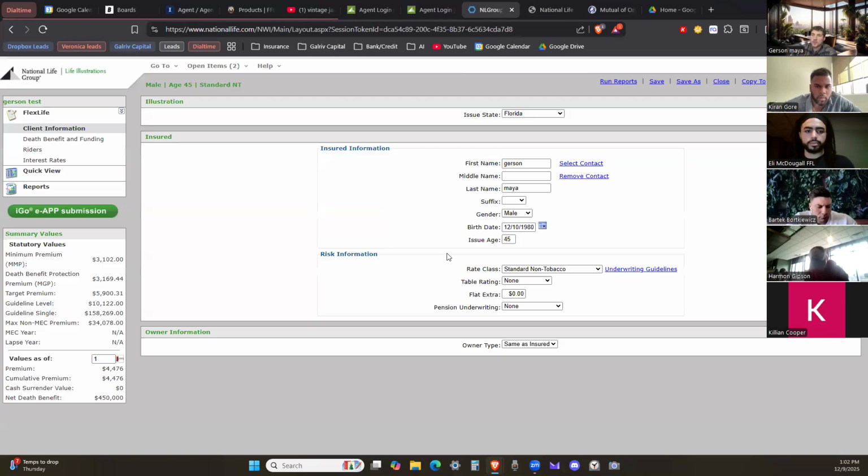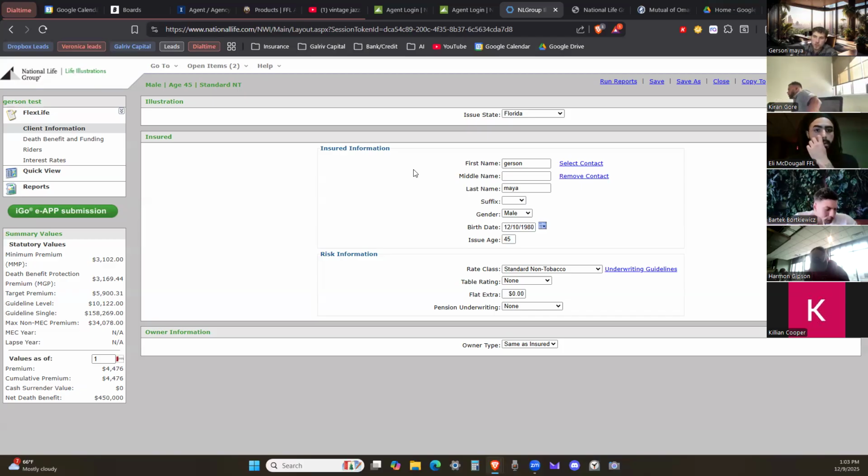You get the point. With F&G, you have to make the illustration. You have to go back to the EAP, input the same inputs you put in on the illustration into the application, and there's just room for error there, especially for new agents. And that's just not worth the gamble, especially if you're talking about putting multiple hundreds of dollars a month into a policy for somebody. That's going to be their retirement policy. They're putting a lot of importance on this, and it leaves too much room for easy mistakes by inputting the information from the illustration wrong into the application. This way, I know it all looks right. I don't have to mess with it anymore. EAP submission. Let's get to the application.